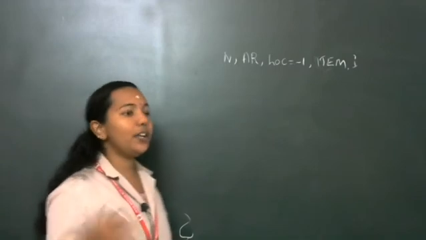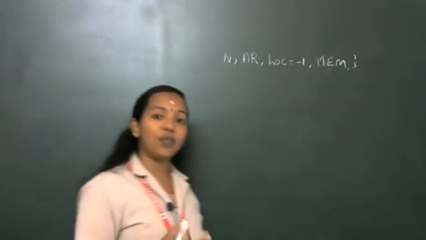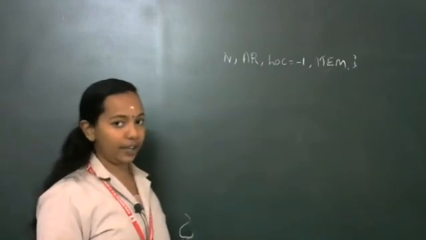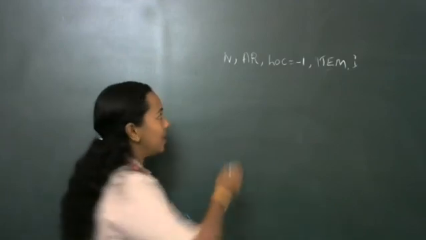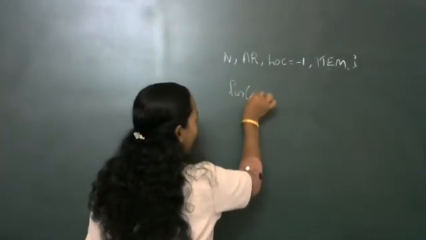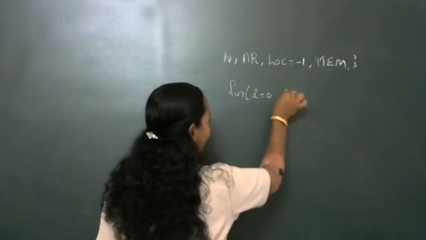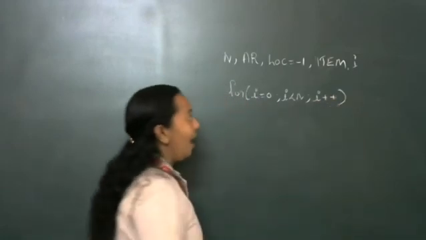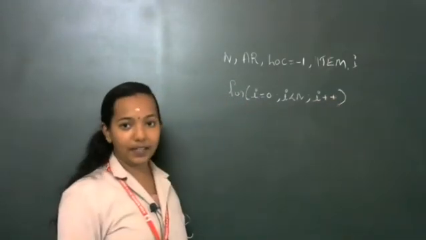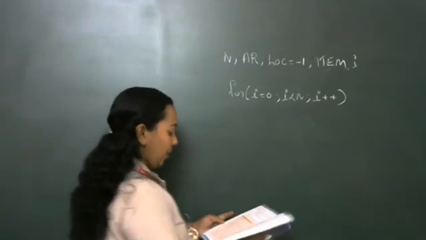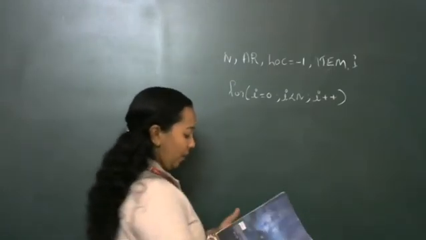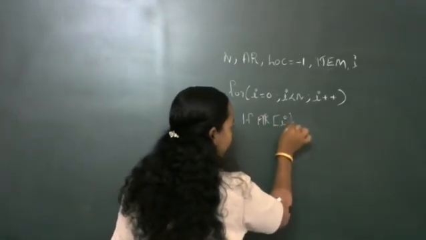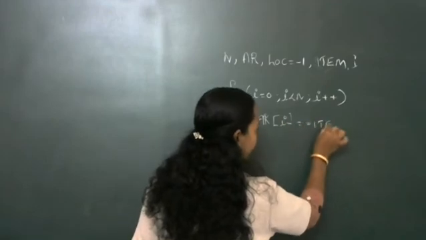Then we are going to start the iteration, or traverse the array. That means we start accessing the array from the 0th location. Normally for accessing array elements we use a for loop: for i equal to 0, i less than n, i plus plus. Then next, we are going to check whether AR of i equals item.